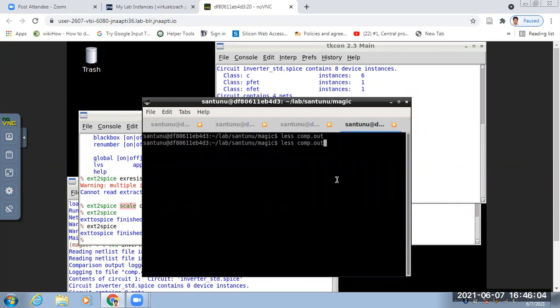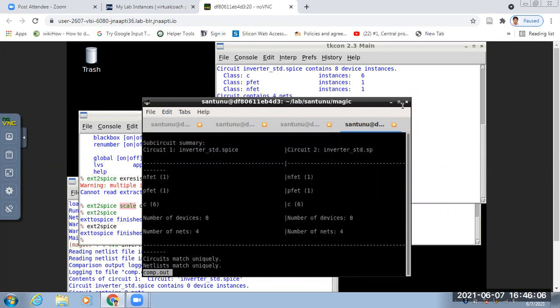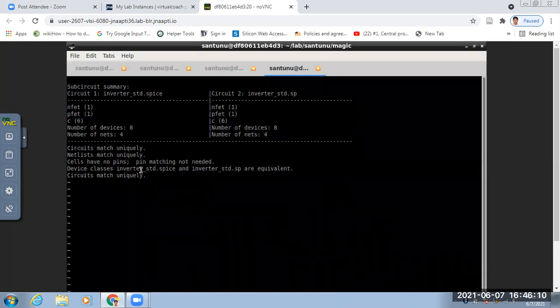Same thing. So now you can see here NFET 1, PFET 1, then number of devices is 6, total number of devices 8, and total number of nets is equal to 4. So is everyone clear on this or not?